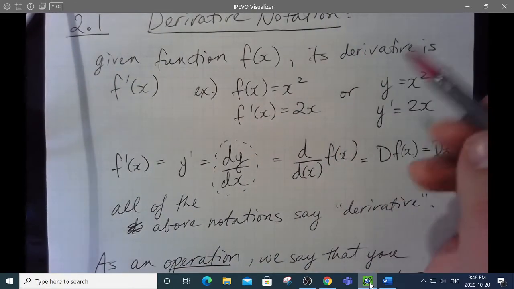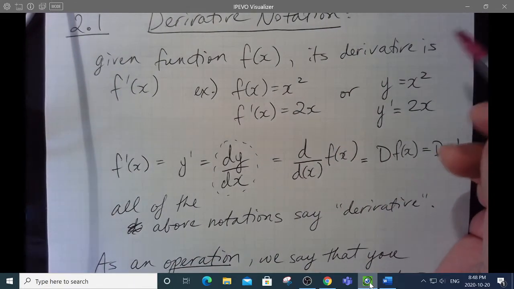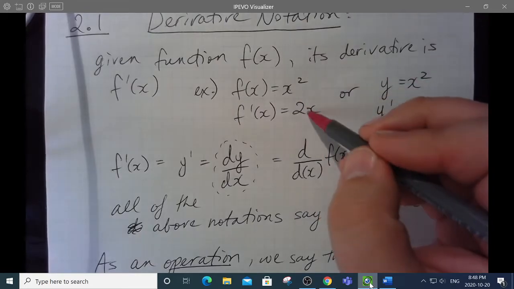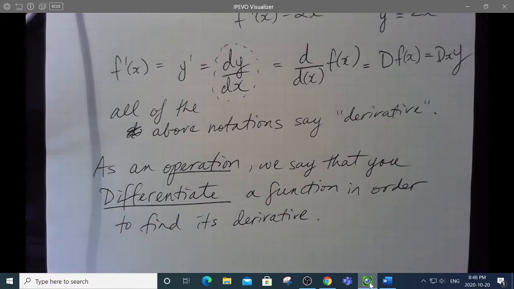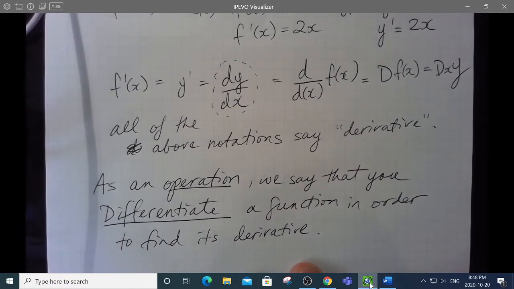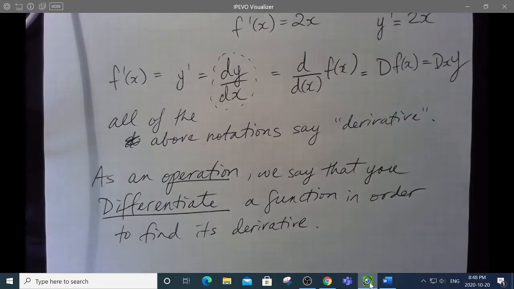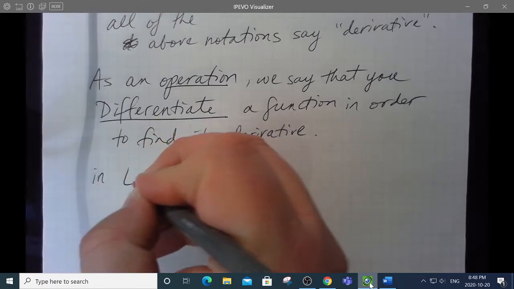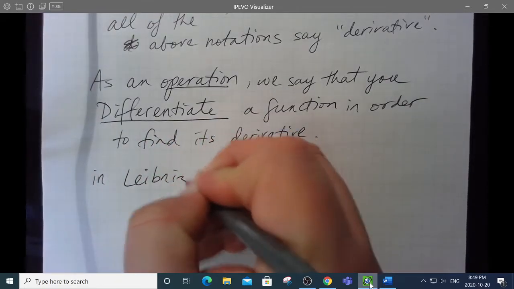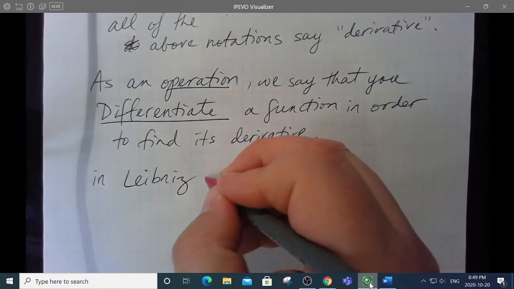So when I, in the last video, used the first principles formula of a derivative to turn this into that, you could say I was differentiating it. So that leads us to kind of our next, well, one more thing on notation. Again, I'll actually write the name down. In Leibniz Notation,